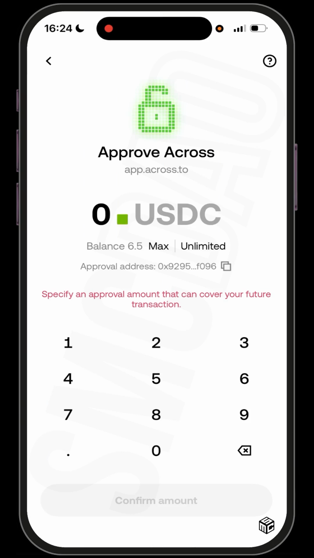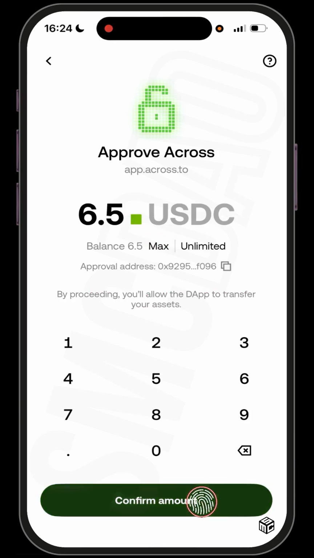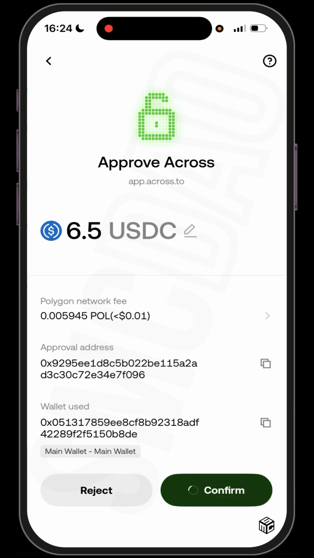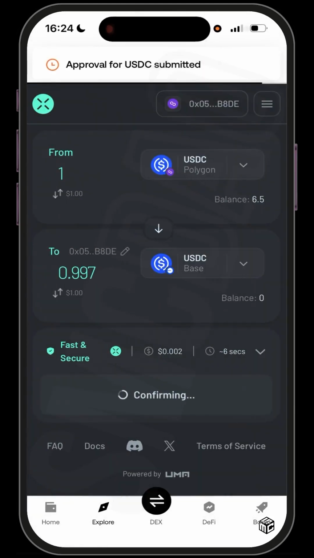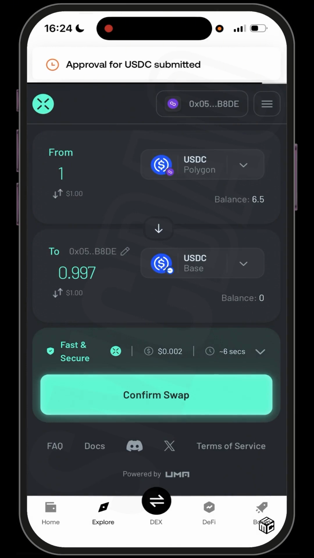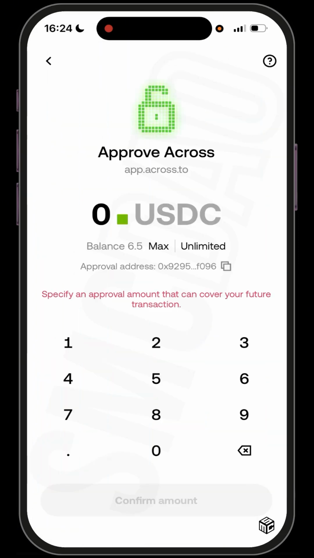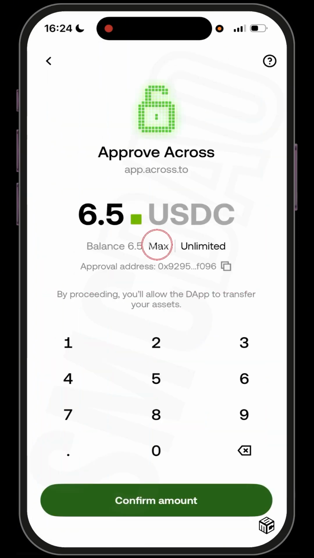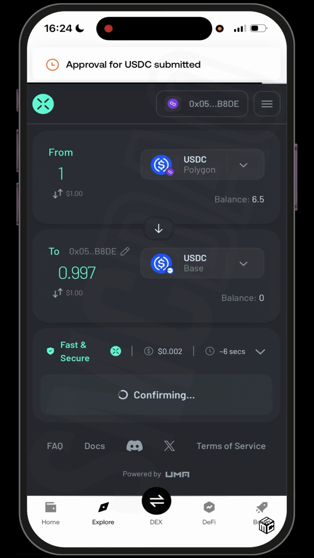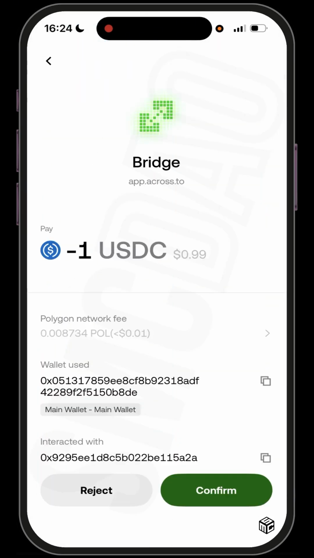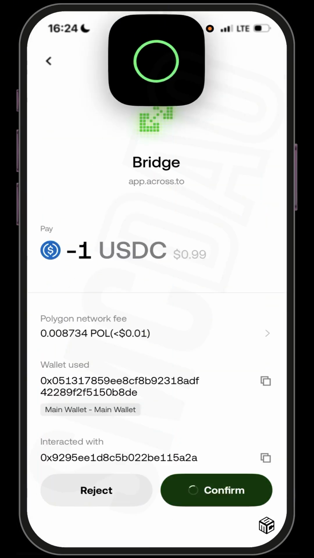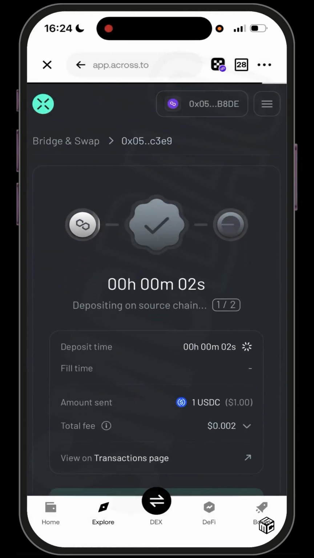It's connected automatically to the Polygon network, and I go to max and click on confirm amount. This is just approval of the maximum USDC that could be swapped, and the USDC gets approved. I click on confirm swap, and still I have to approve and confirm, and it takes me back to the swap, and I just click on confirm. It bridges directly, and you can see bridge and swap,